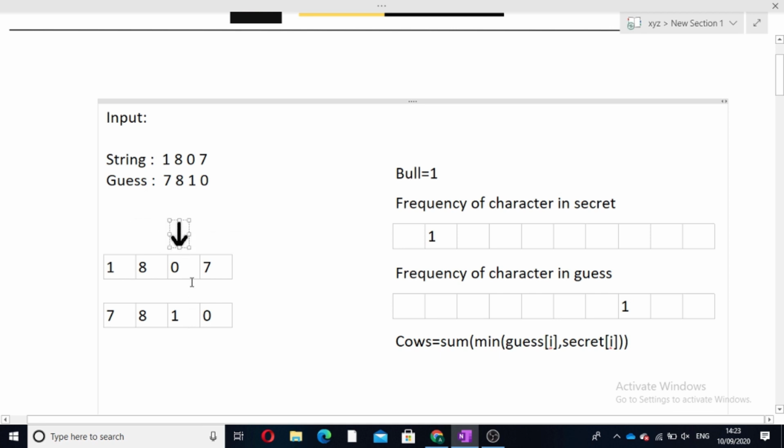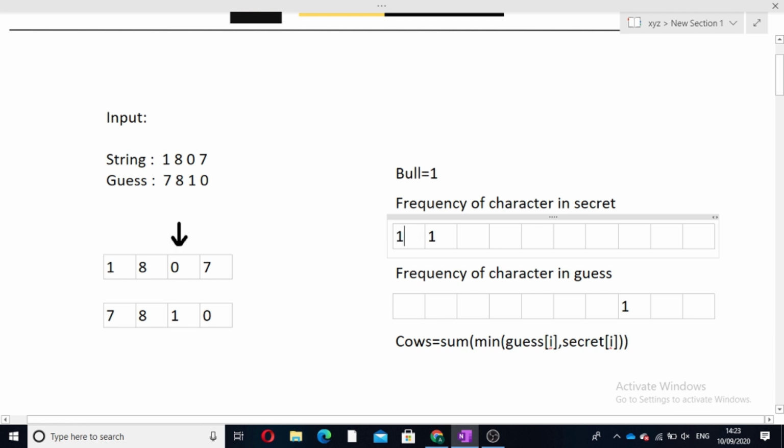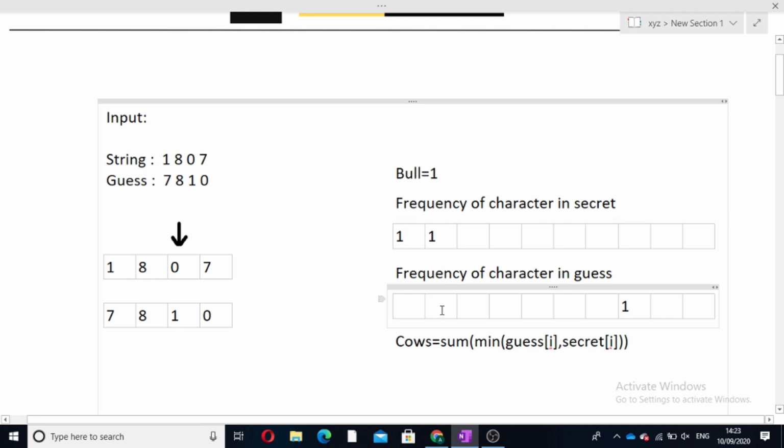Now the characters in both the strings are different, so we will update our frequency arrays. The character at secret is 0, so we will update the 0th index, and the character at guess is 1, so we will update the first index. Now we will move forward. Now the characters are again different, so we will update the 7th index of the secret string and the 0th index of the guess string.